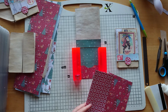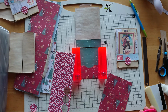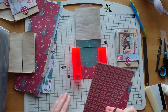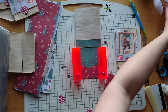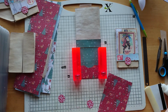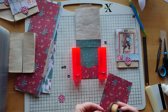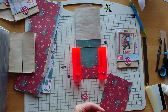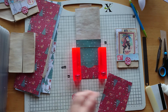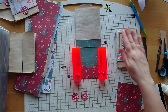and I'm just cutting out circles. It's about a 1 inch. Yes, I think it's a 1 inch circle punch, so I'm just going to cut myself 2 of them. While that's drying, give this a quick little ink around. And then these two will be stuck on and form my little tab. You could use anything, you could use a bit of fabric. Might be quite nice. These are obviously Christmassy ones,